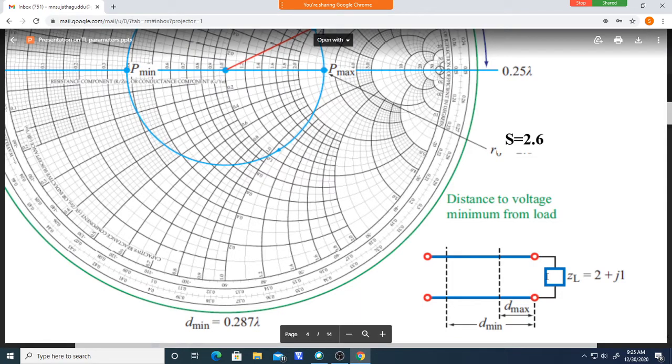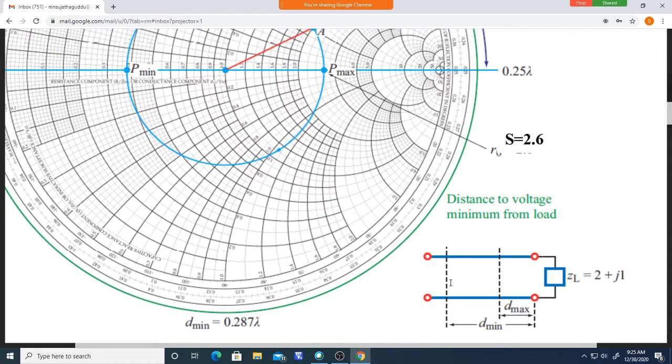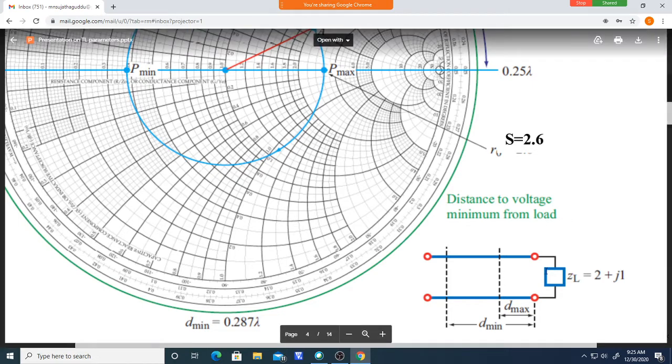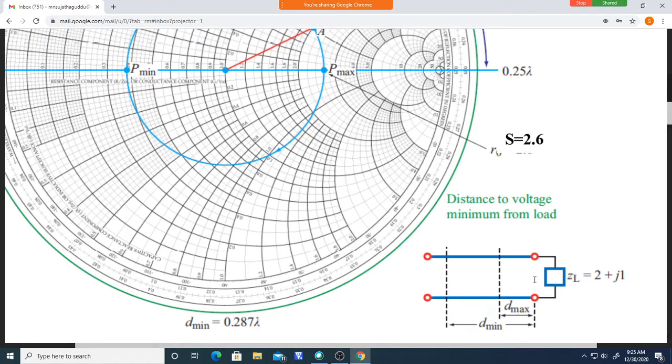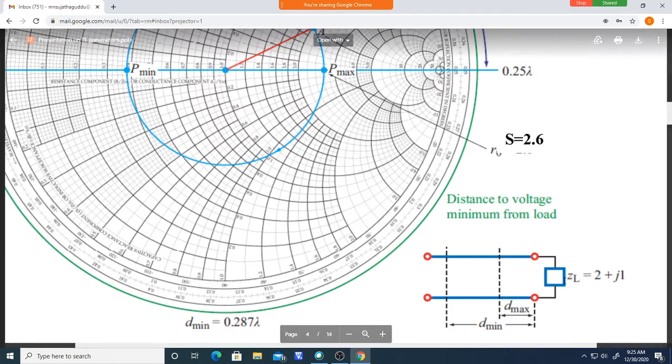At this position it is equal to ZL, but as you move like this, impedance goes on changing. Voltage also changes over a transmission line. Voltage doesn't remain the same over the entire transmission line, and also current. We already studied those things in the previous semester. Voltage changes, current changes, impedance also changes as you move away from the load ZL towards the generator.